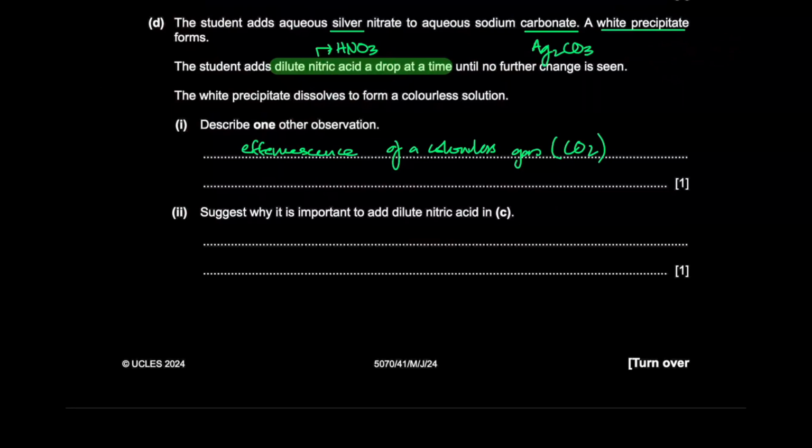And then if you added something like hydrochloric acid, the carbonate will react with the hydrochloric acid, but then the silver will combine with the chloride. So the white precipitate won't dissolve, because silver and chloride combine to make a white precipitate. So there will be no dissolving. You want a colorless solution. So you're using nitric acid because silver